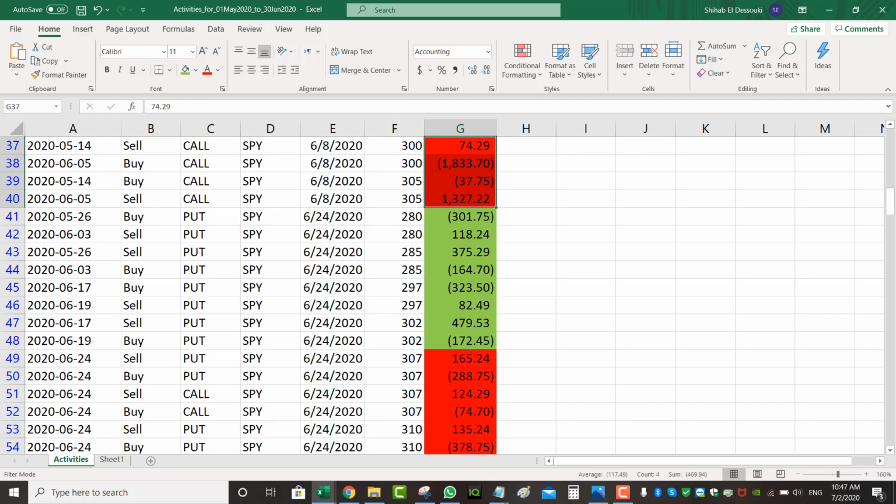Now, how much capital do I use for this? Well, it depends. Every Monday, Wednesday, Friday, I open a new put spread using about $1,000 of capital, but I close it. It's got 7 days of expiration, so I close it in about a week. So in about a week, I would say I use about $3,000 of capital,